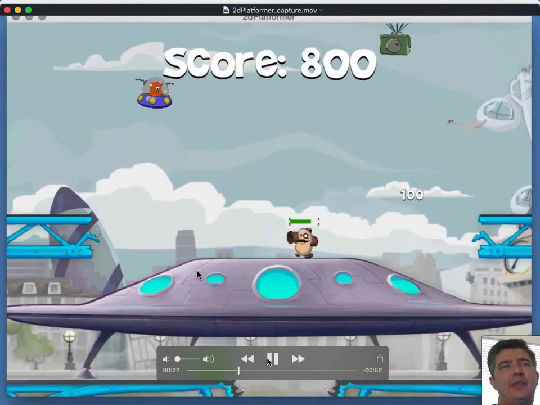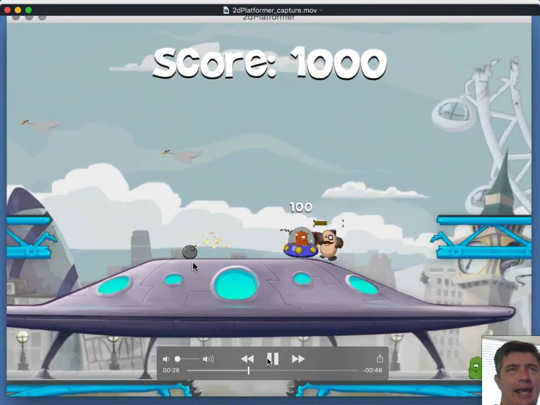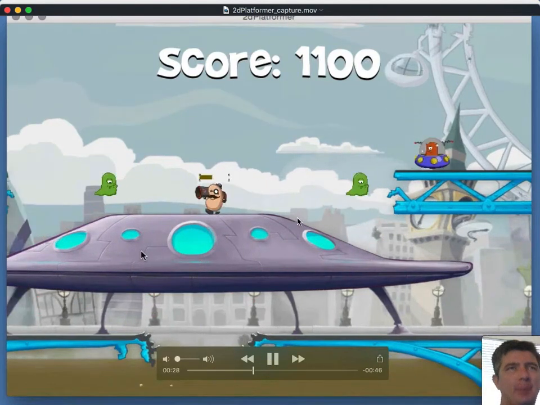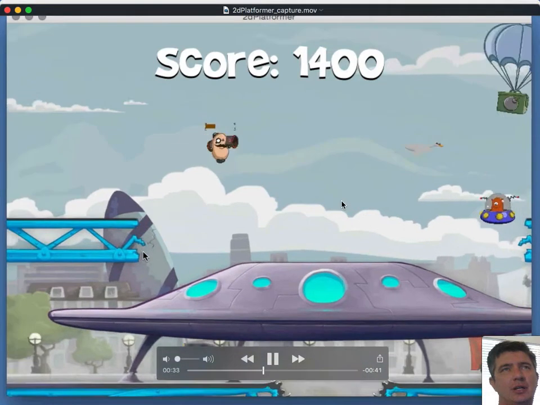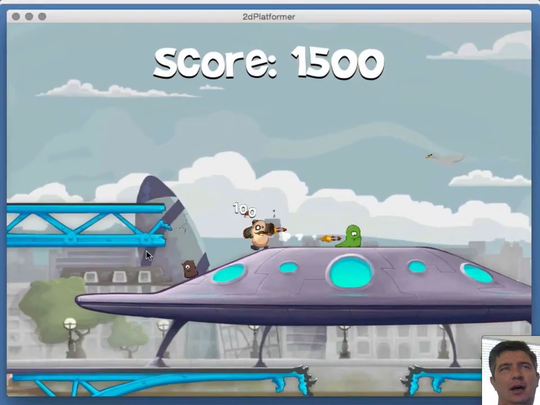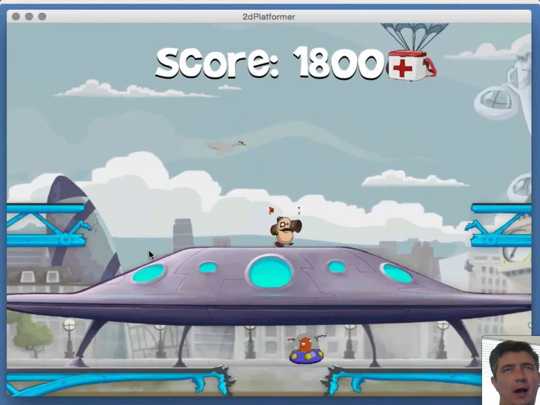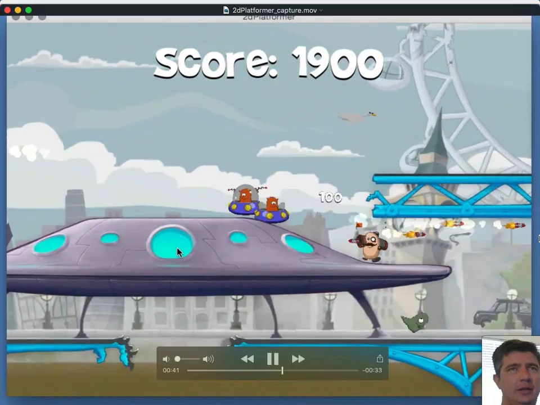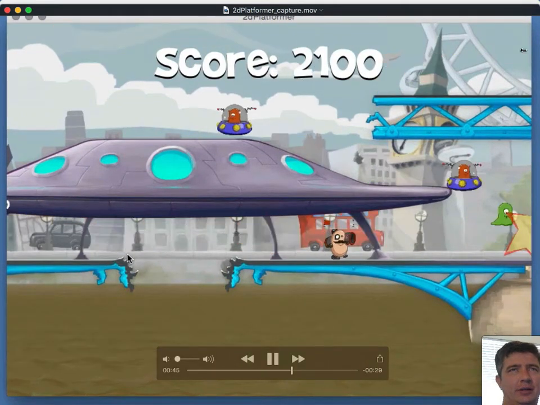So the game itself, it's a pretty ridiculous game. You are a bean with a monocle and a bowler hat and a bazooka, and you are defending humanity from the alien invasion. You are in London, and you can tell this because the alien ship has landed on London Bridge.